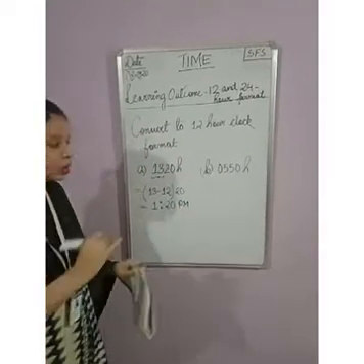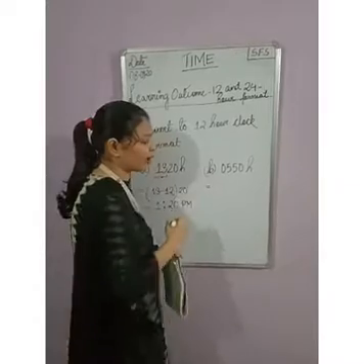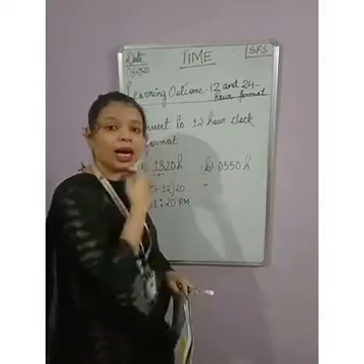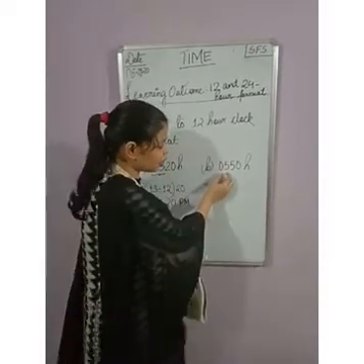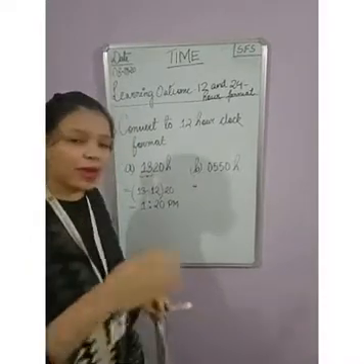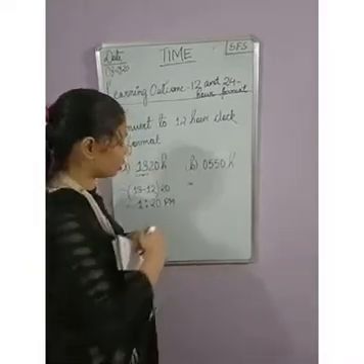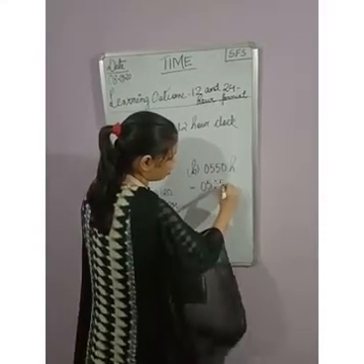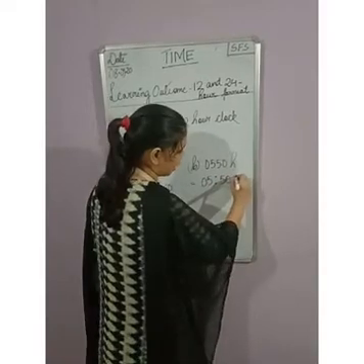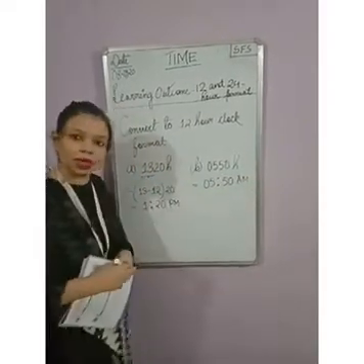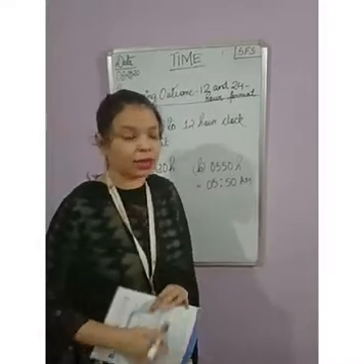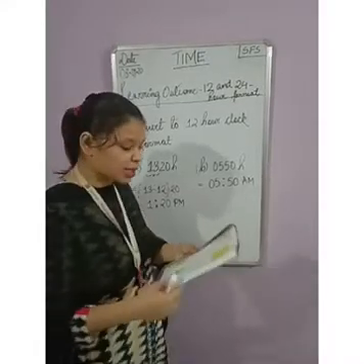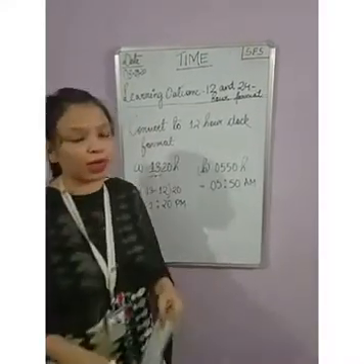Okay? Understood? The next question is 0550H. Looking at the number only, we know that it is morning, AM. The first two numbers are less than 12. So we have to express it just in 12-hour format. So I will remove the H. So 05 is the hour, 50 is the minute, and it is AM. Here we need not subtract anything because these two numbers are less than 12. That means it is AM in the morning, and we just have to express it in the 12-hour clock format.